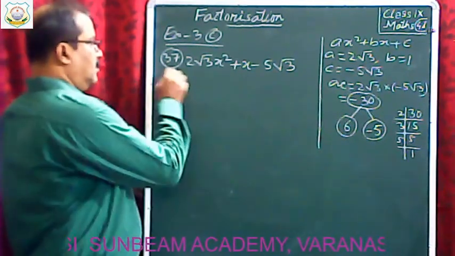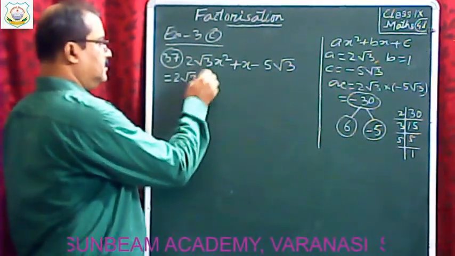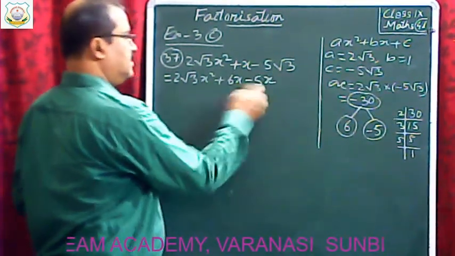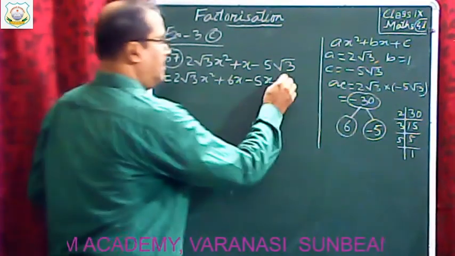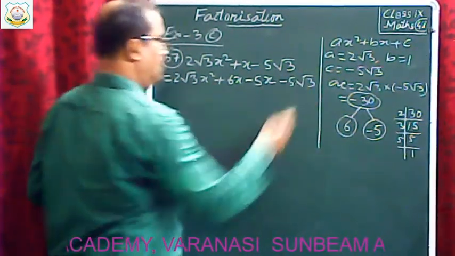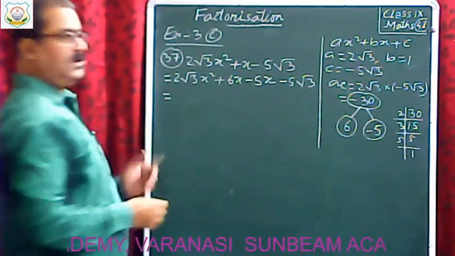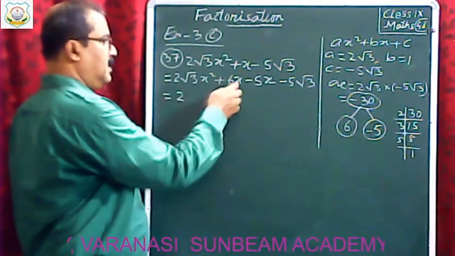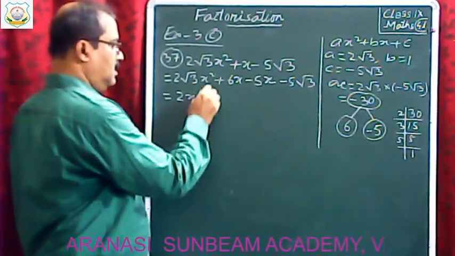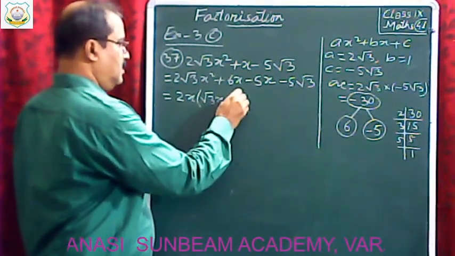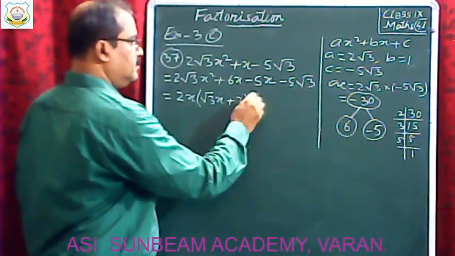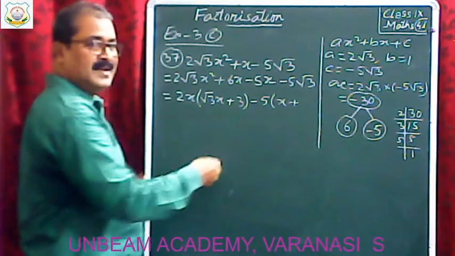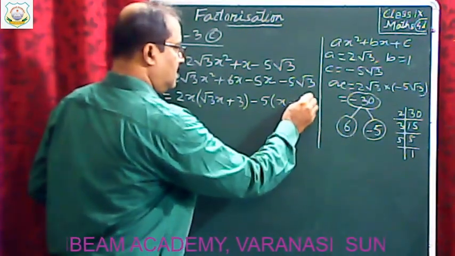Okay, so in this way you have to split the middle term. In the middle term you have to write 6x minus 5x. So 6x minus 5x, again we get x minus 5 root 3. Now thereafter you have to take out common from first two and last two terms. So 2 common, x square x, x common. So root 3 x left plus 2 3 6 minus 5 common. So x minus, you have taken out common, so you have to make the opposite sign of the terms within the bracket. So root 3 left.